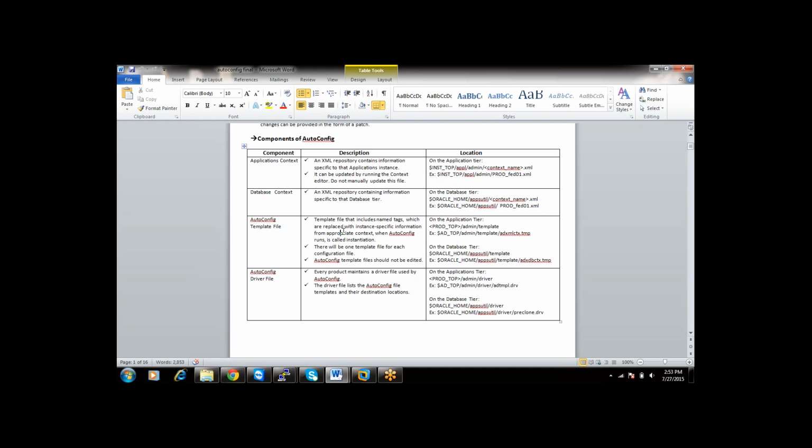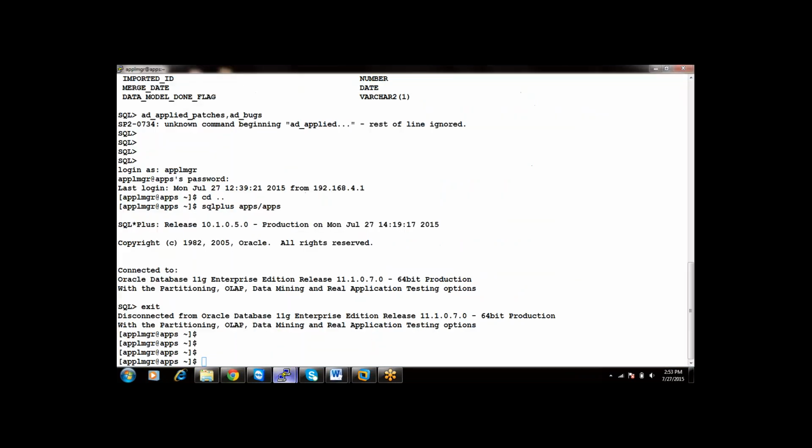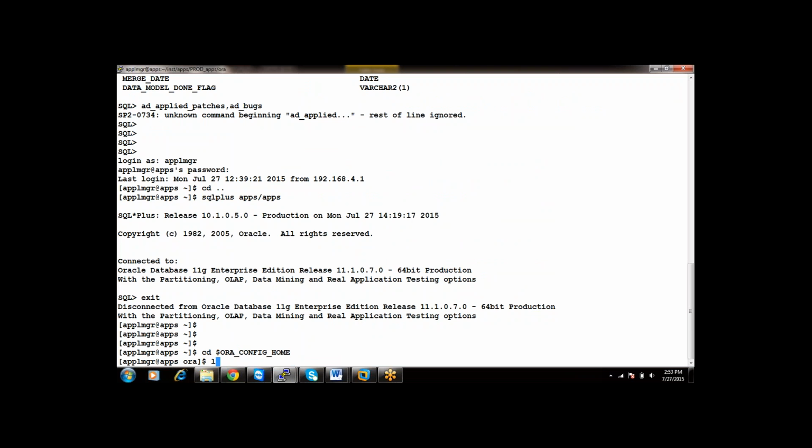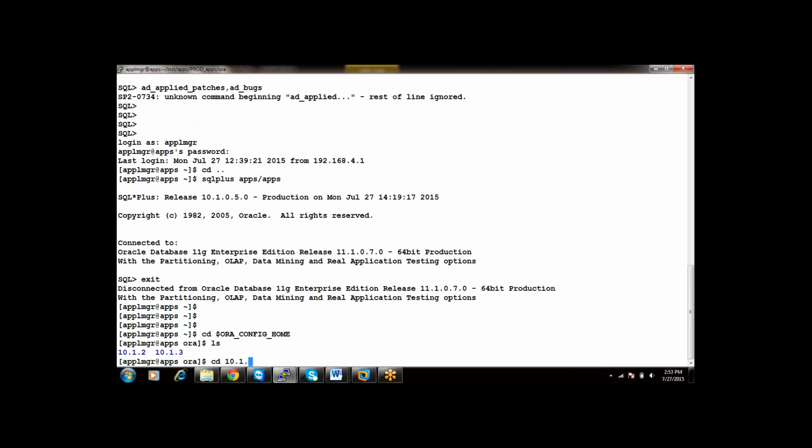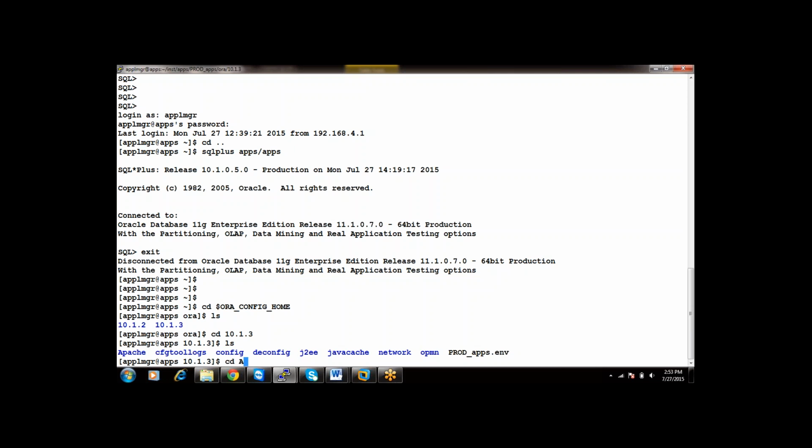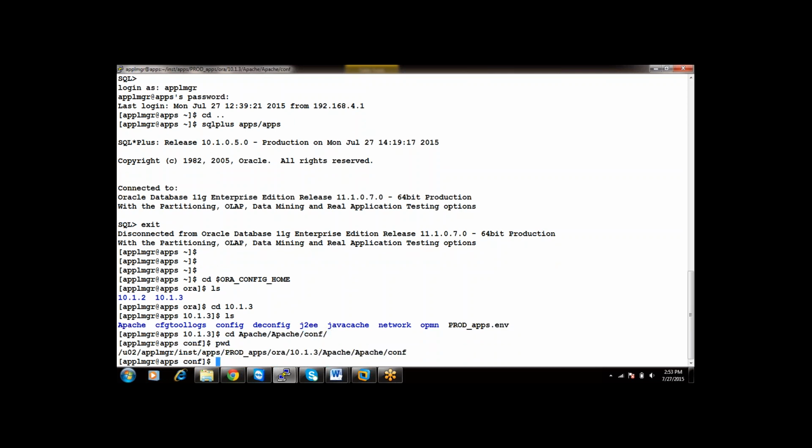So how will your AutoConfig come to know which parameters it should write in the file? I will take you to the back end. This is the configuration file location for your Apache server.